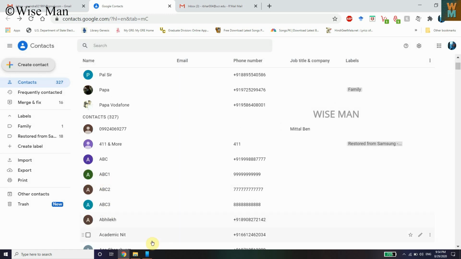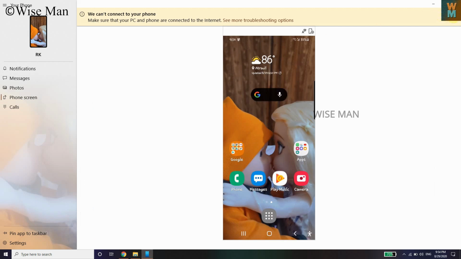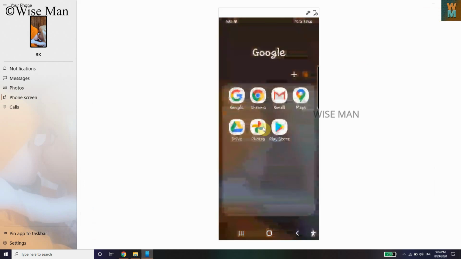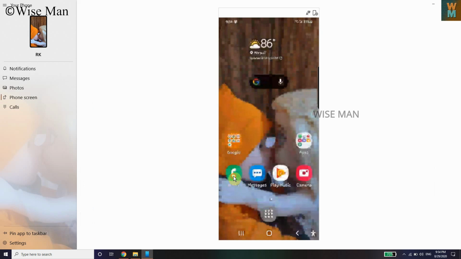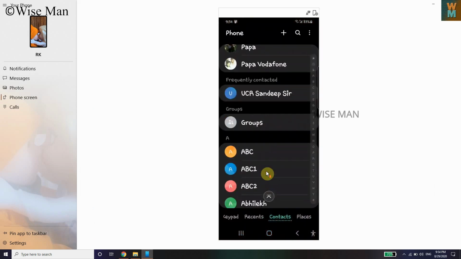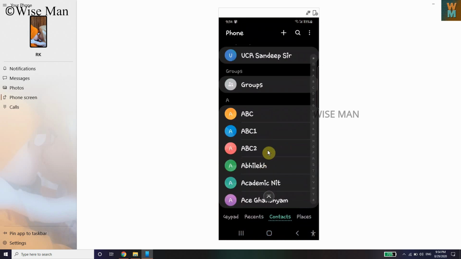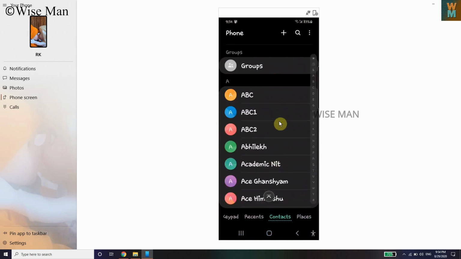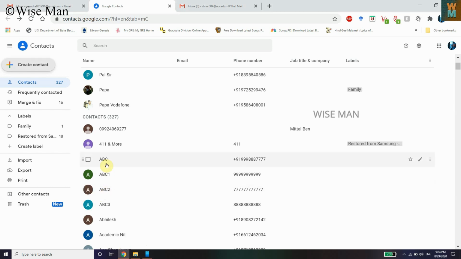Now as you can see, I have connected my phone to my PC, and if I go over here in my phone to Contacts, you can see that I have ABC1, ABC2, because I have linked my Google account with my Android phone.